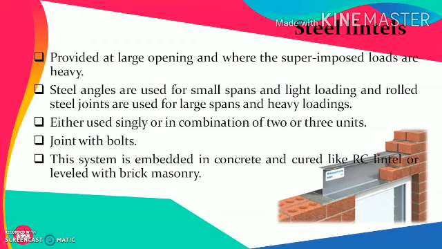This avoids every kind of tedious work like providing the stirrups, etc. These are much stronger in taking the tension as such. You can make the structure level by filling the empty space around the steel lintels, whichever section you use. It can be channel, it can be angle, it can be I section. So it can be leveled either by using the brick masonry or it can be cured like an RC element by filling the surrounding place with the cement concrete.